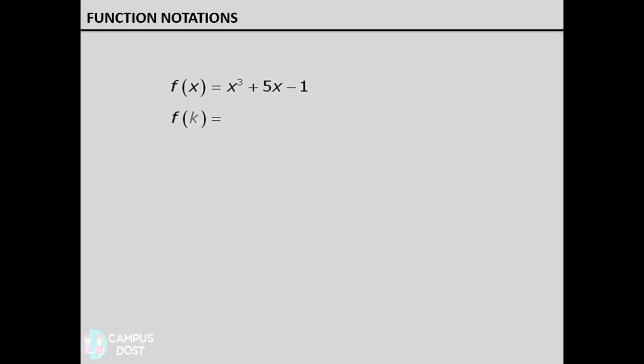In this example, we want to evaluate f of k. To do so, we'll plug k into our function. At this point, we cannot simplify the right-hand side any further, so we can say that f of k is equal to k cubed plus 5k minus 1. Finally, in this example, we want to evaluate f of 2m. We will do this by plugging 2m into our function. When we simplify the right-hand side here, we see that f of 2m is equal to 8m cubed plus 10m